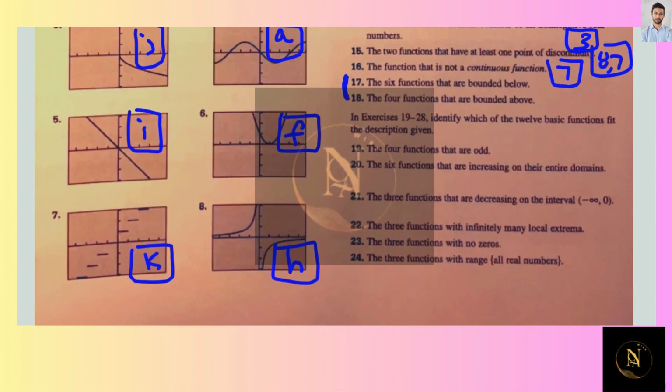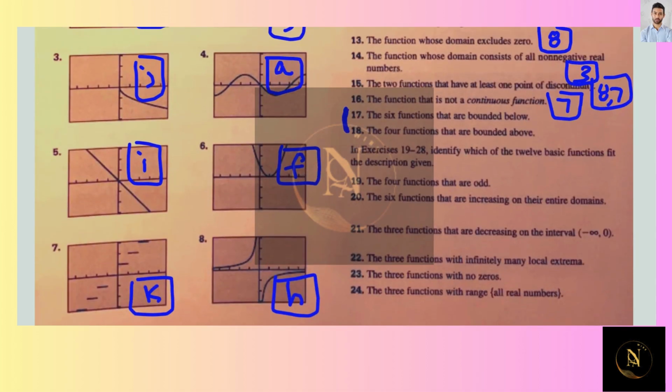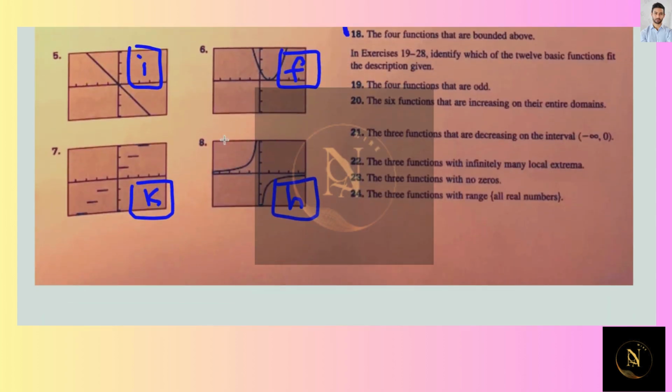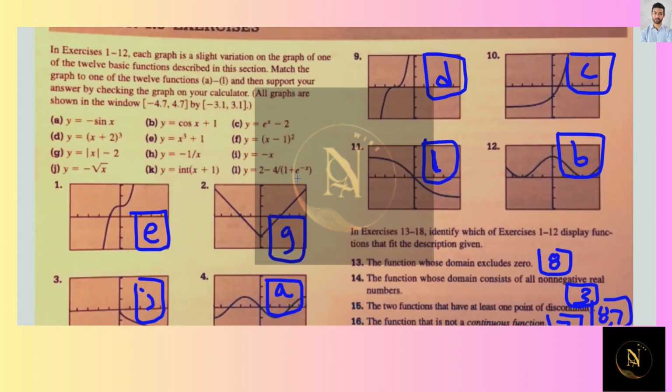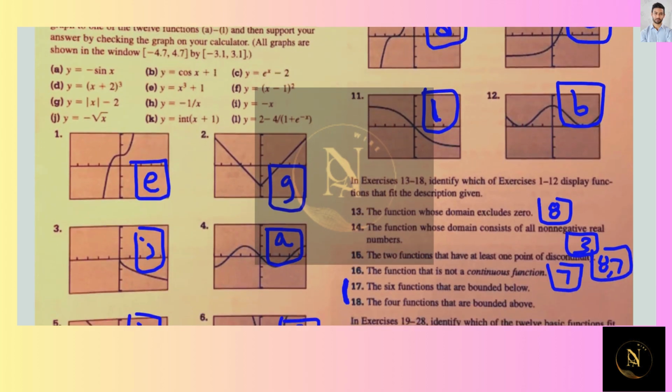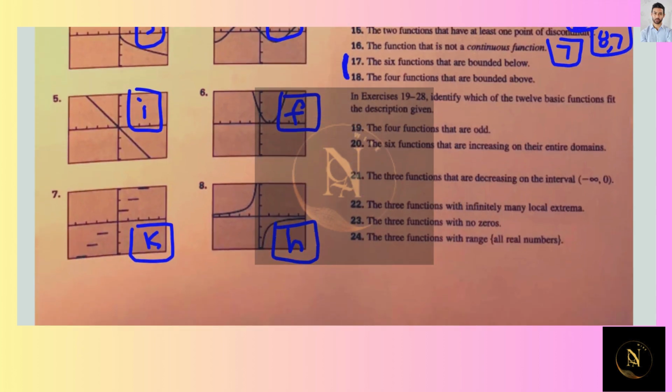No zeros. That would be the greatest, or not the greatest integer function, but the reciprocal function would be one of them. The rest can have a 0 if you manipulate them, so I'm not quite sure I'm fully understanding that, unless it's just talking about